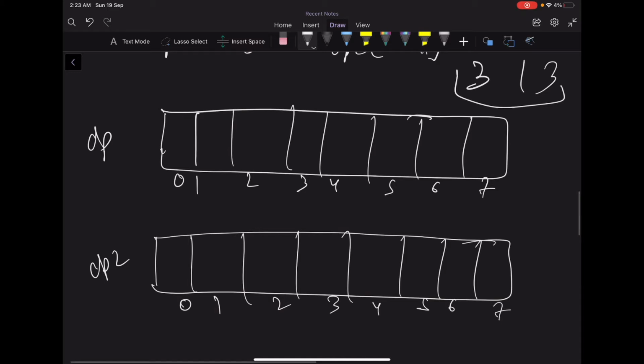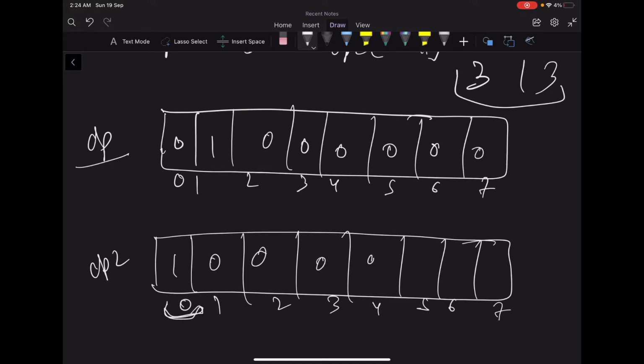Okay, so in the beginning, dp of 1 is going to be true. Why? Because the empty subset has a product 1, and all the other values, we cannot have 0 as a product of an empty subset. We cannot have 2. All the values will be false. We can only have 1 as the product of an empty subset. Similarly, the sum of an empty subset is always going to be 0. That's why dp2 of 0 is true. That means we can have a subset with sum 0, which is the empty subset, right? And the other values are false.